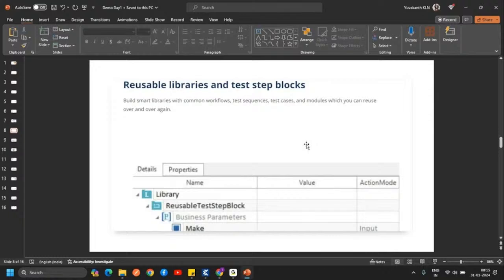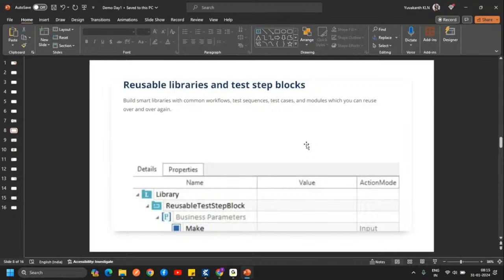Yes, and here you have a concept called libraries and reusable test step blocks, where you can create one library. Similarly, we go to a library, right? If you want a book to read, some people don't have the opportunity, or wouldn't like to stack books together at home.